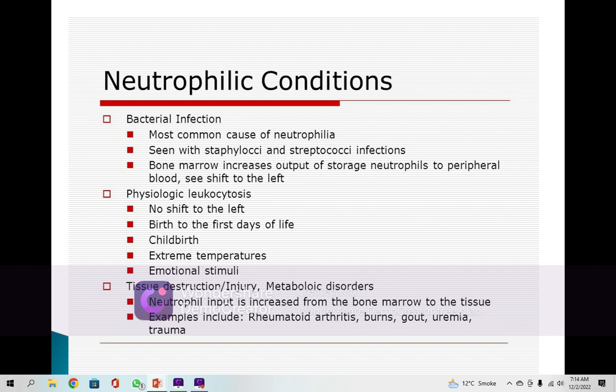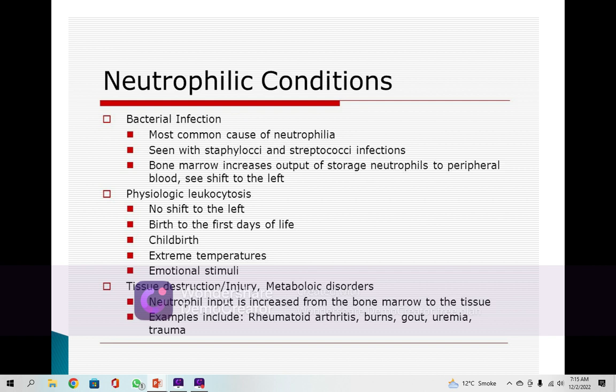Nowadays, some labs are creating charts of the left shift or the right shift of the neutrophils. But it is not important to you as beginners, because I am also a beginner, where beginners means those who want to achieve knowledge. This is my definition of beginners. They can understand the left shift and the right shift.